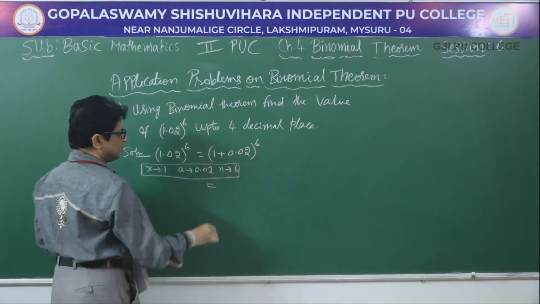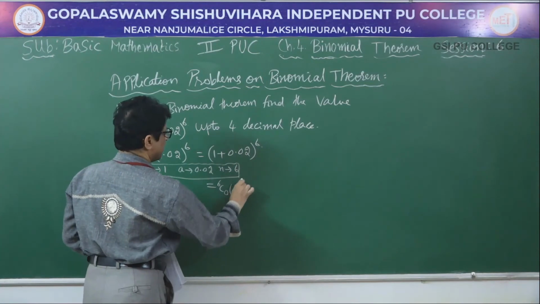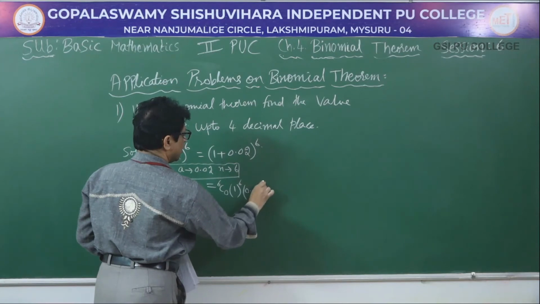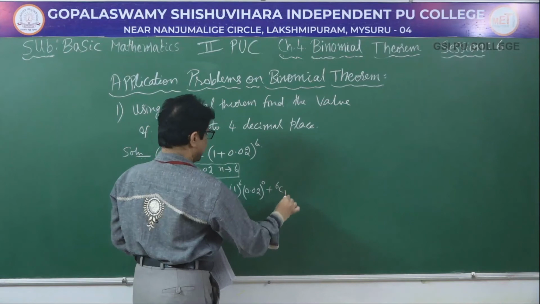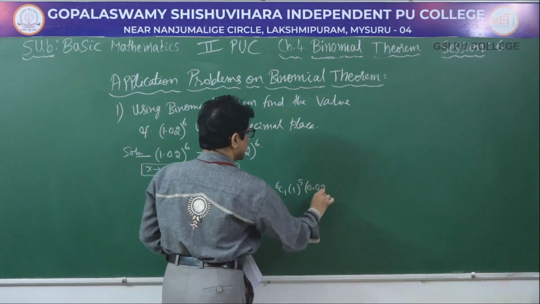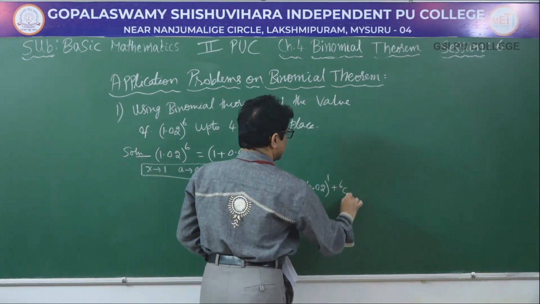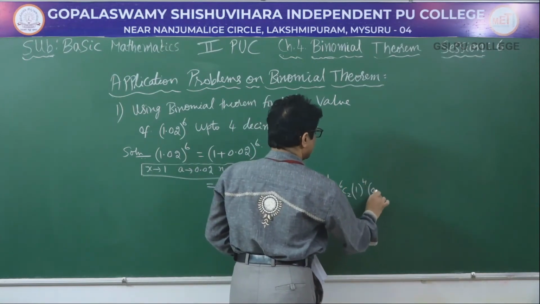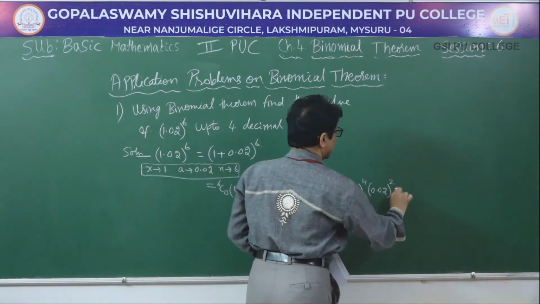That will be equal to 6c naught into 1 power 6 into 0.02 whole power 0 plus 6c1 into 1 power 5 into 0.02 whole power 1 plus 6c2 into 1 power 4 into 0.02 whole square plus